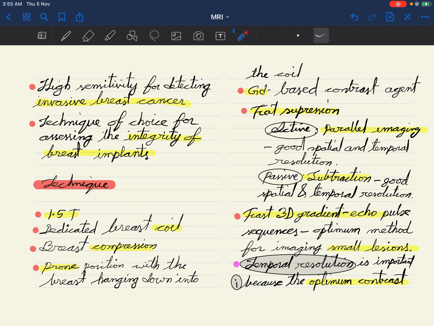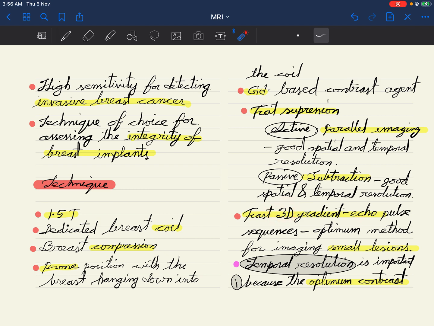In case of active fat suppression, parallel imaging sequence has good spatial and temporal resolution. There are many passive fat suppression techniques too. Among the passive, subtraction technique is faster. It has also good spatial and temporal resolution. And then why we need fast